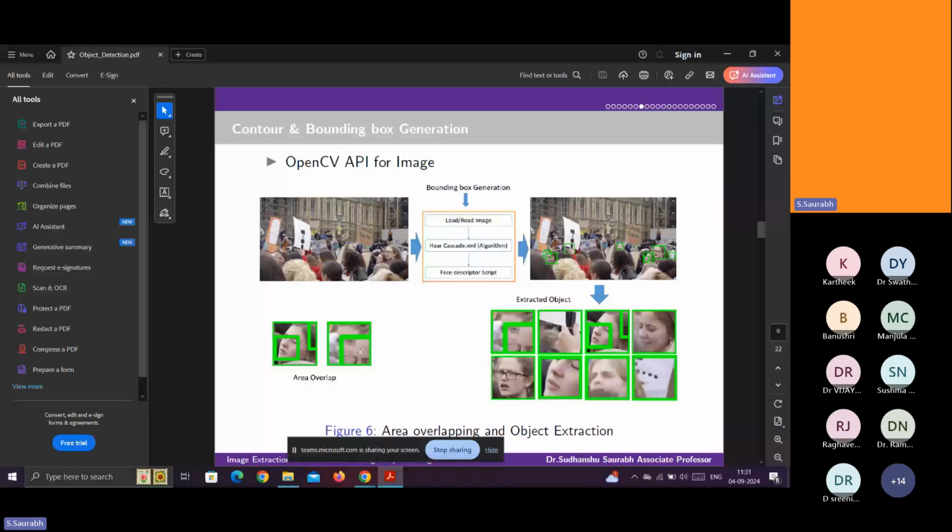Remove this overlapping. How to remove the overlapping, and then finally detect? There are procedures, or you can use the inbuilt functions available in OpenCV. Otherwise, you can write your own algorithm to remove the overlap. You can use both. It depends upon your project.